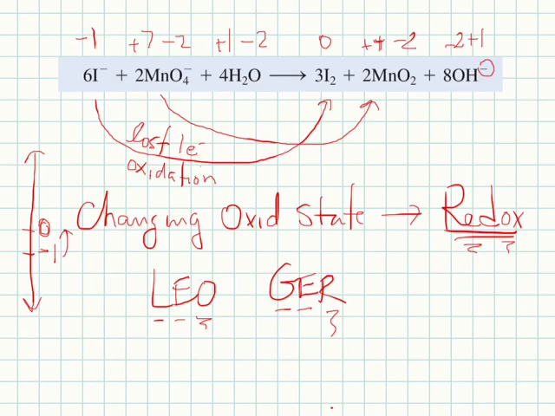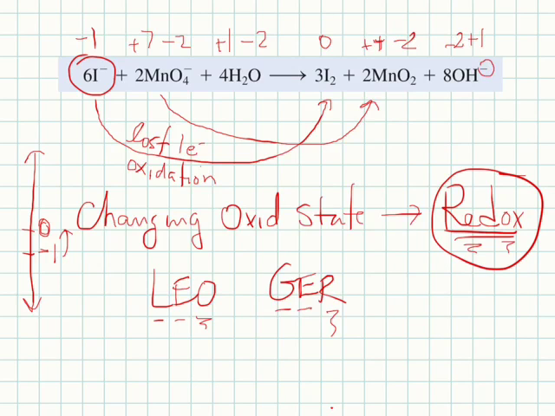So we would say that the iodides are being oxidized in this reaction. The I minus here is being oxidized. Now that means something else has to be reduced. There has to be reduction. If there's oxidation in a reaction, there must also be reduction, and that's why they're called redox reactions, because reduction